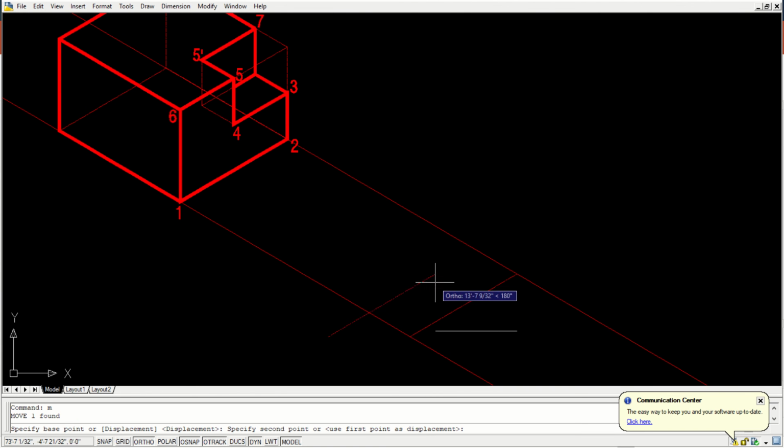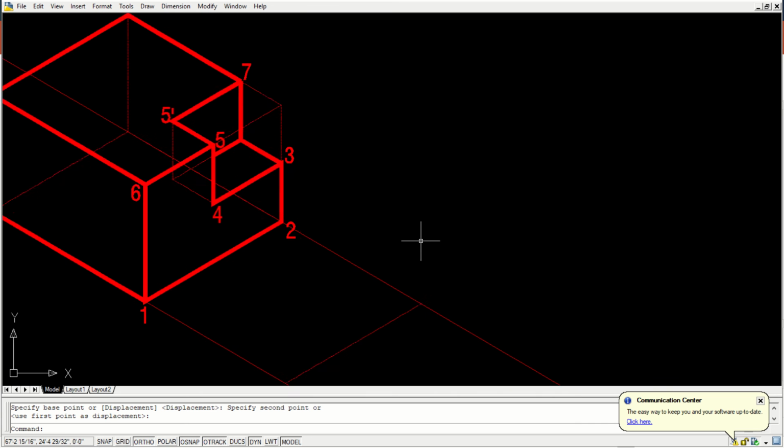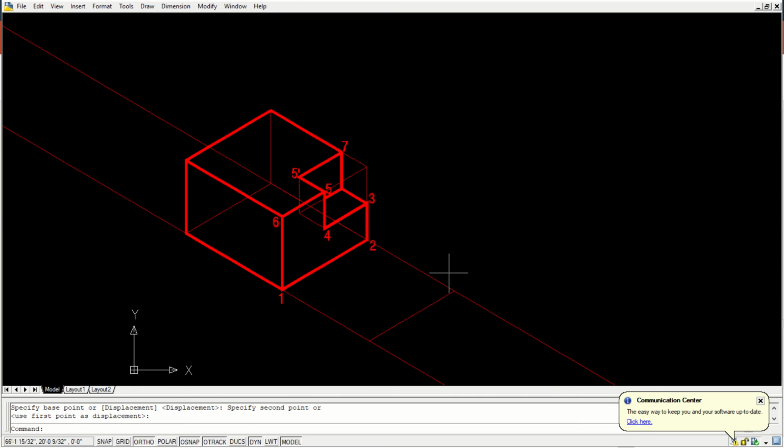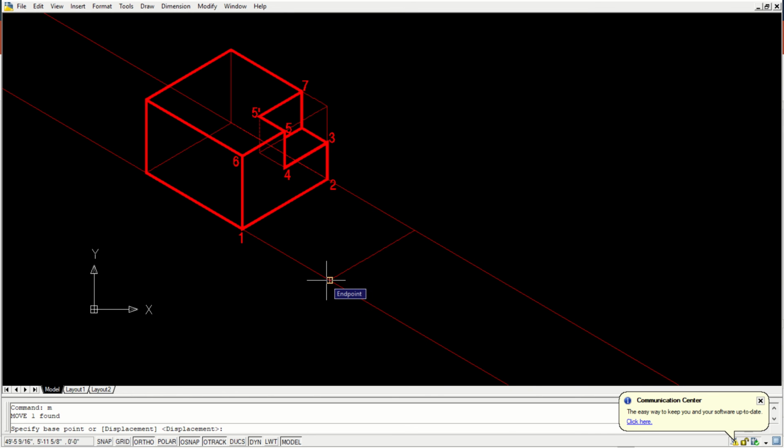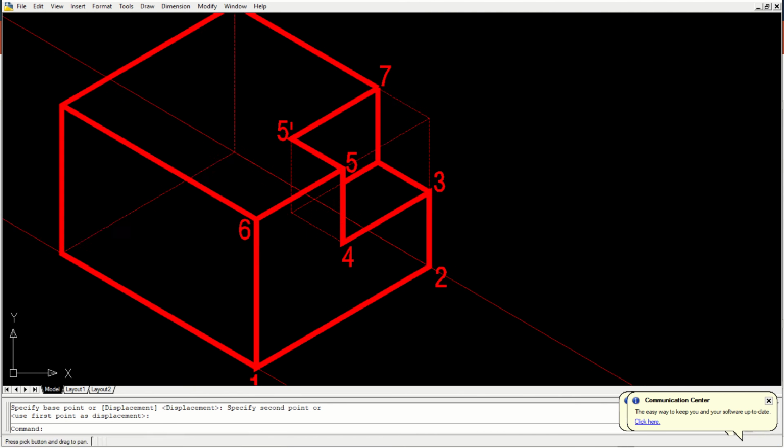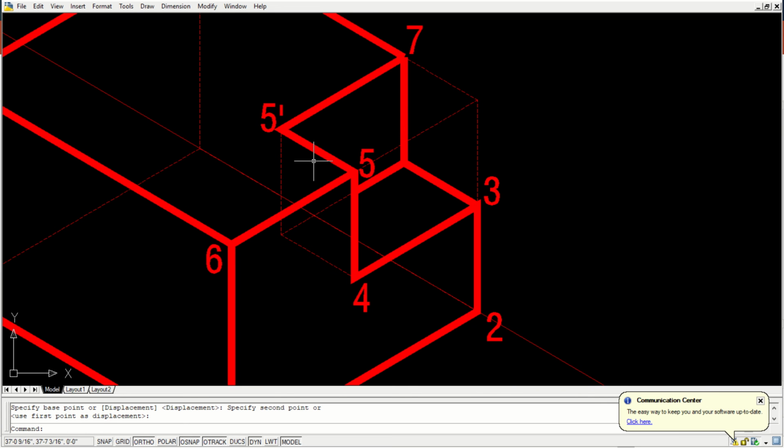So we are drawing an orthographic projection from an isometric projection. Also, the numbering you did, 1, 2, 3, 4, the 5 and 5 dash are the same points, parallel, that's why 5 dash. Yes, because we will not be able to draw this 5 dash again. It will not be visible in our drawing.